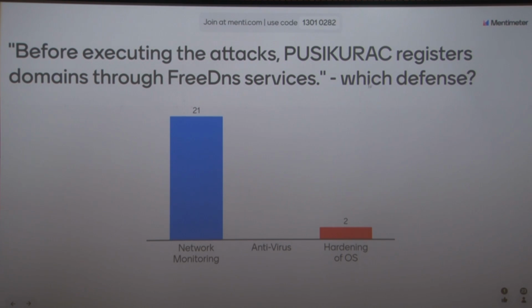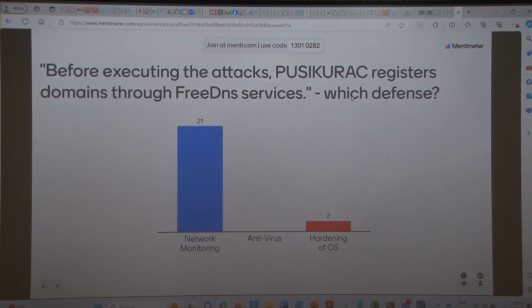So the situation is pretty scary. Now what can we do, right? So we cannot really